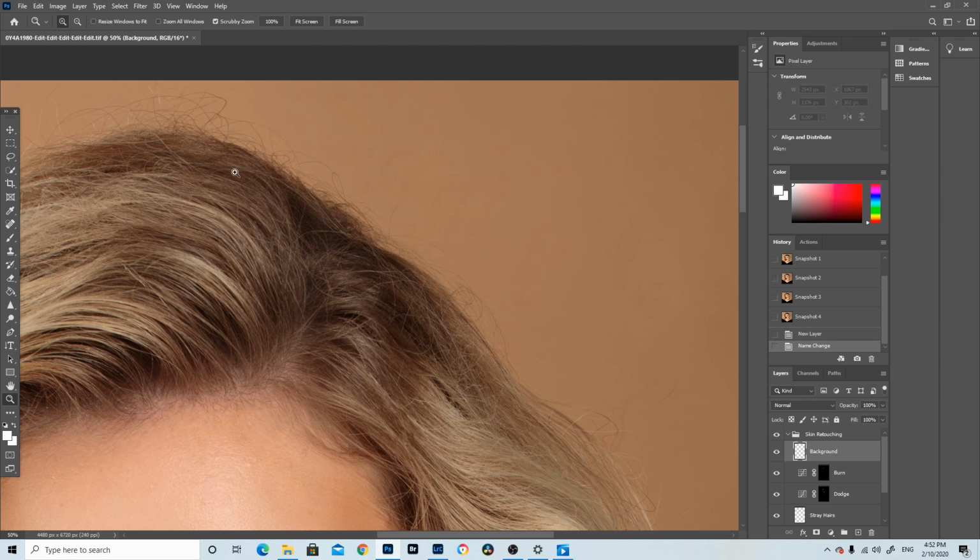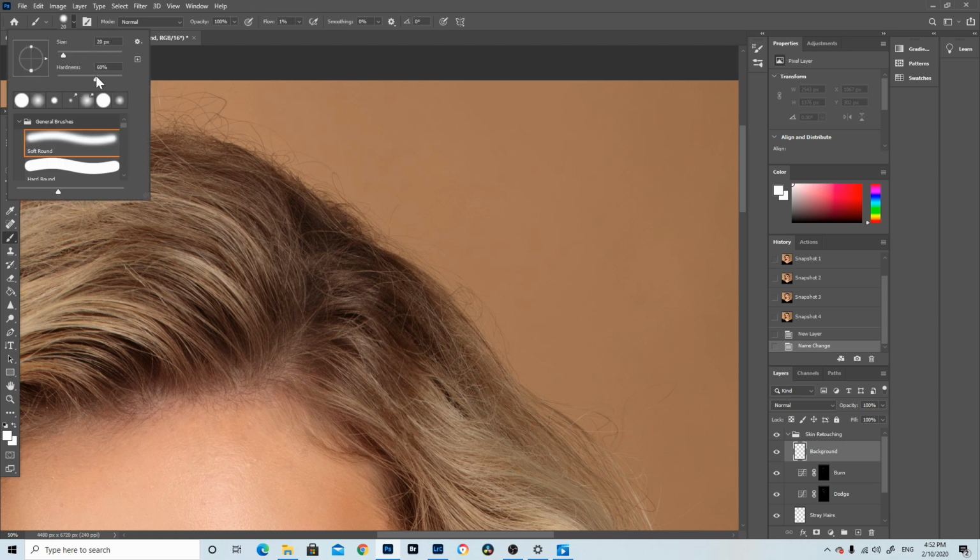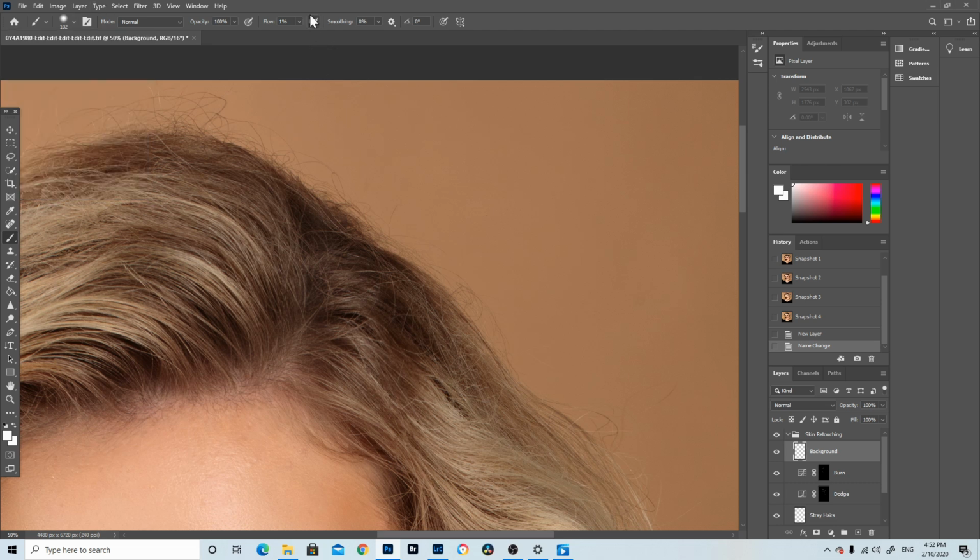So what I like to do in this instance, you can go to the stray hairs section again and use the spot healing brush to remove a lot of the strays, which is sometimes what I do. A slightly quicker way of doing it sometimes is to get the paintbrush tool, make it relatively soft, so maybe around 30%, and make the brush a little bit bigger, maybe about 100 pixels, keeping the flow at 1 and then holding down Alt on the keyboard. You would then select the color of the backdrop. So once I've got my color selected, I will then start to move